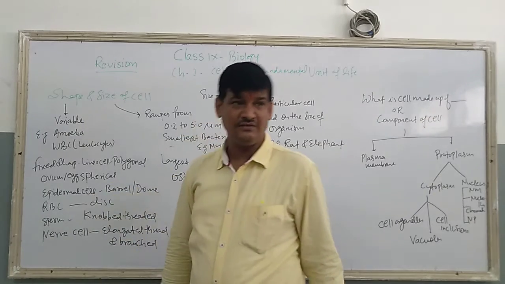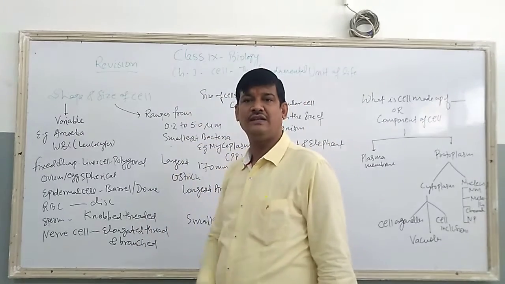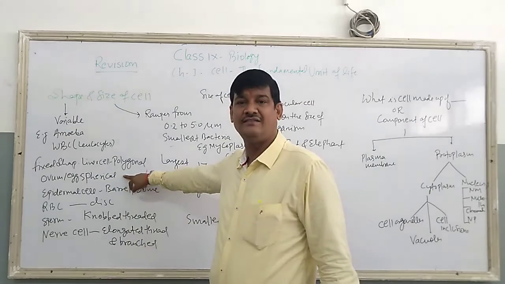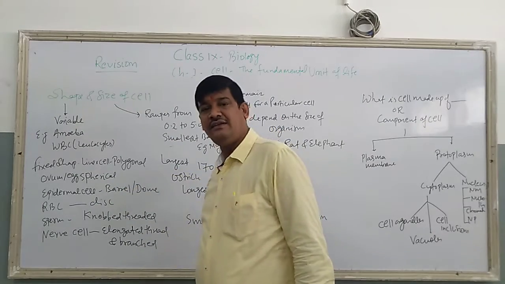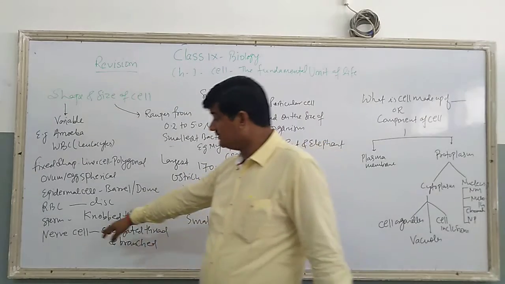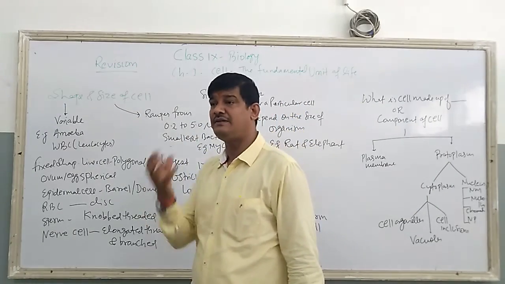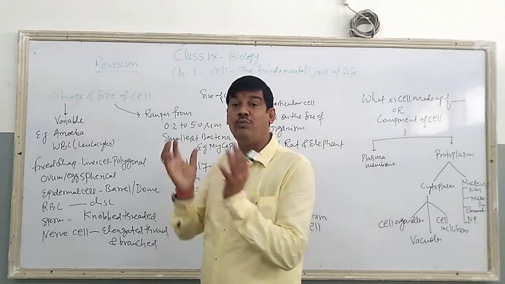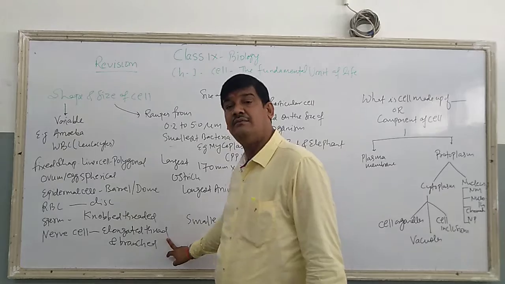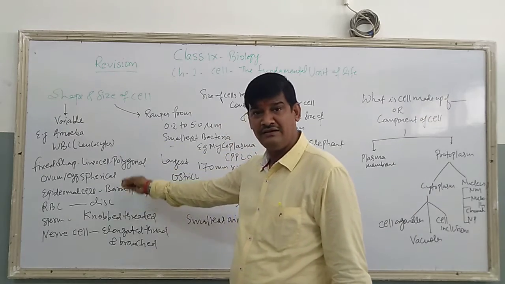Now the epidermal cells, the outermost protective covering in plant tissue and animal tissue, are called epidermal cells, and they are dome shaped or barrel shaped. The RBC is a biconcave, disc-like structure. The sperm cell is a small thread-like structure, with a knob-like anterior part. And the nerve cell is elongated and branched. So these are some different shapes of cells.